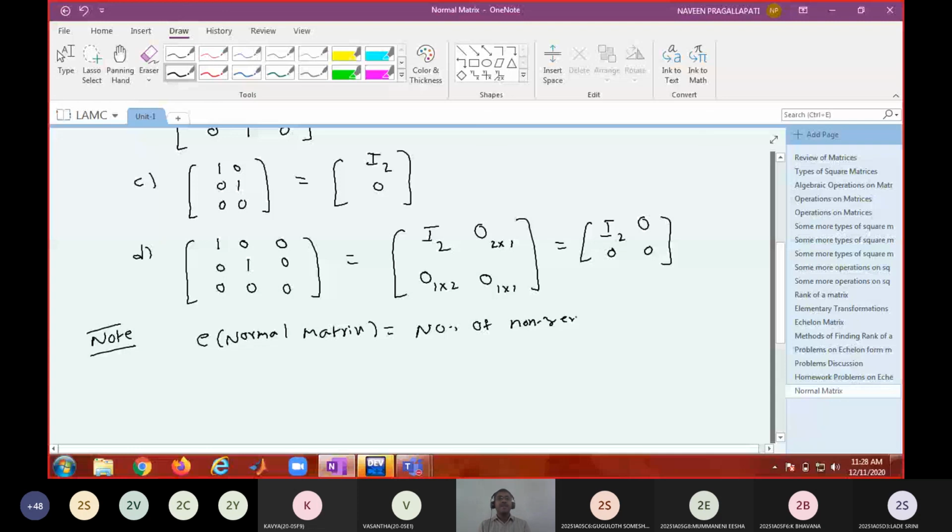Okay, present in it. So in tomorrow's class we'll see how to convert a given matrix into normal form, and hence finding the rank. These two methods are important from the examination point of view. You may be asked to find the rank of a given matrix by reducing it into echelon form. That is one kind of problem. The other kind of problem is you will be asked to find the rank of a given matrix by reducing it to normal form. Today we discussed the echelon form method. Tomorrow we'll be discussing the normal form method.